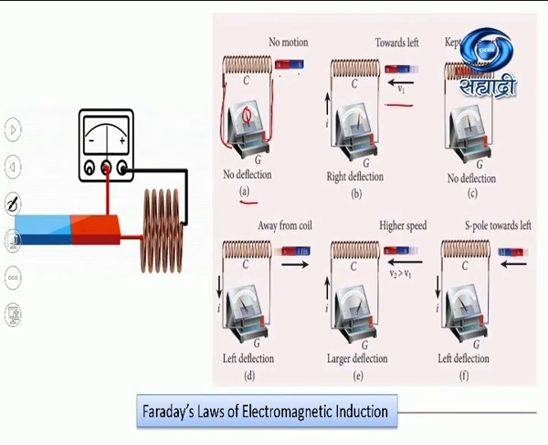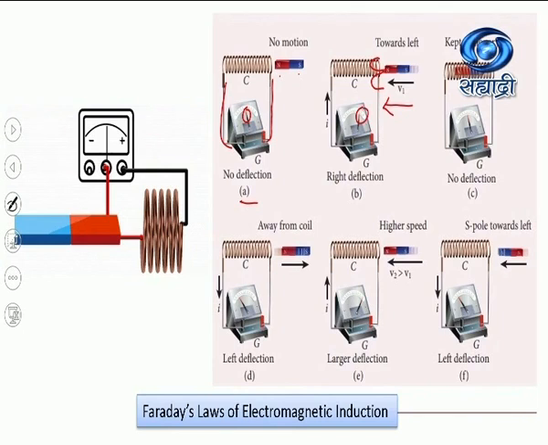Now let us consider that the North Pole of the magnet is moved towards the coil. Now whenever the magnet is in motion, the magnetic flux associated with the coil increases. The coil has the property of electromagnetic inertia, according to which it will try to oppose the change in the magnetic flux. Here the flux is increasing. So the coil will try to oppose the increase in the magnetic flux, and for that it will generate electromotive force, due to which the current will flow through the circuit, and that's why the galvanometer shows deflection on one side of zero.